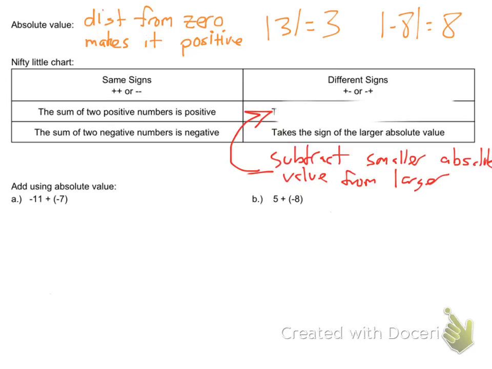I have this chart that says if you are adding like-signed numbers, 2 positives or 2 negatives, you can say that if they're both positive, that's the first box, the sum of 2 positive numbers will be positive. 2 plus 3, they're both positive, resulting in a positive. If you add 2 negatives together,